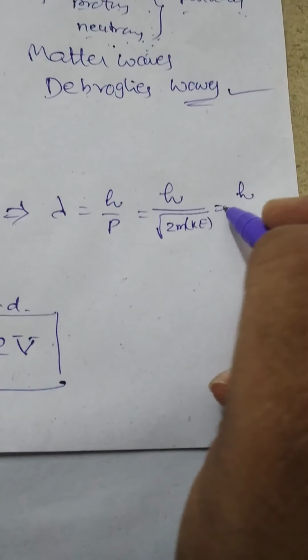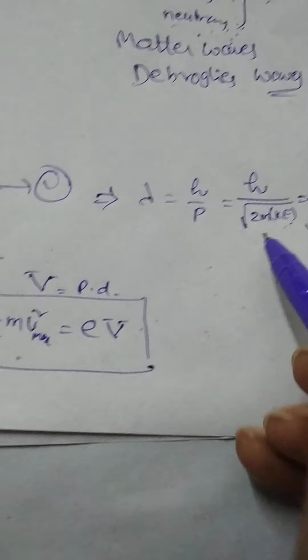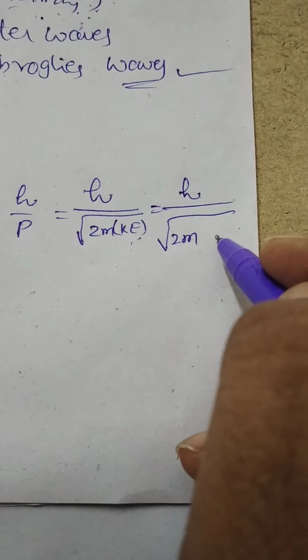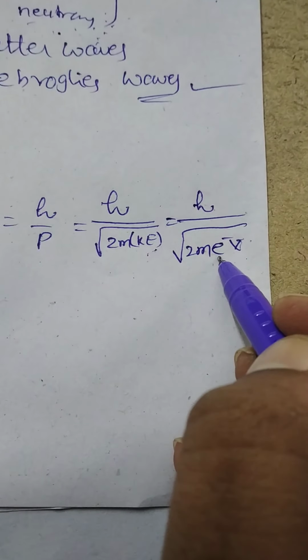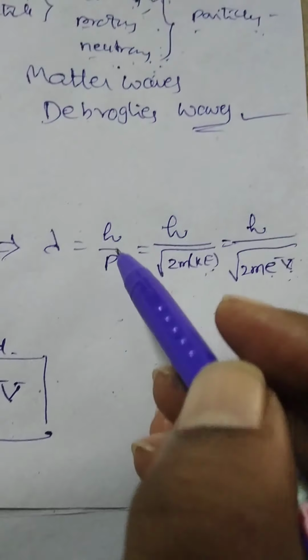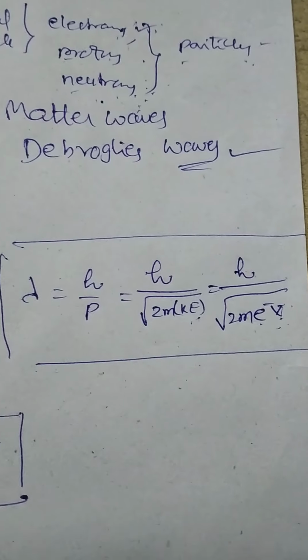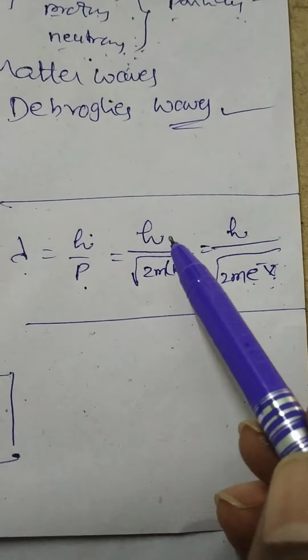The maximum kinetic energy gained by the particle is equal to eV, so KE is replaced by eV, where e is the charge on the particle and V is the potential difference through which the particle is accelerated. So the general formula for de Broglie wavelength in terms of momentum is h by p, and in terms of kinetic energy it is h by root of